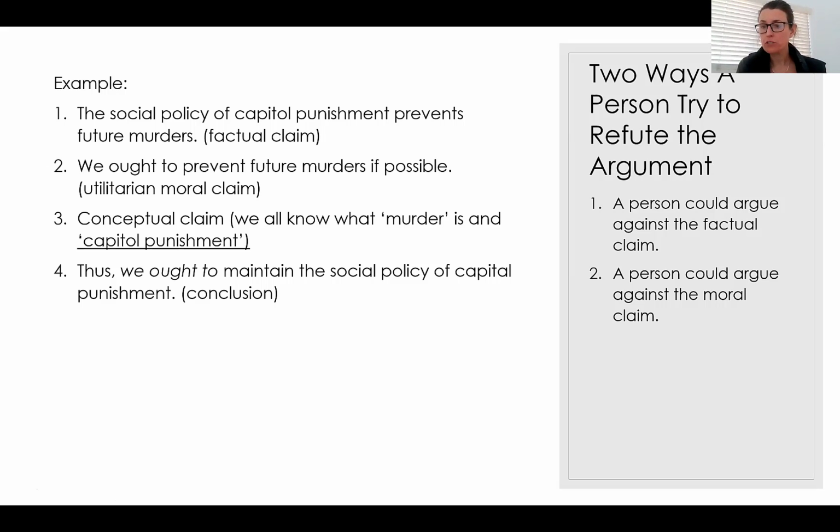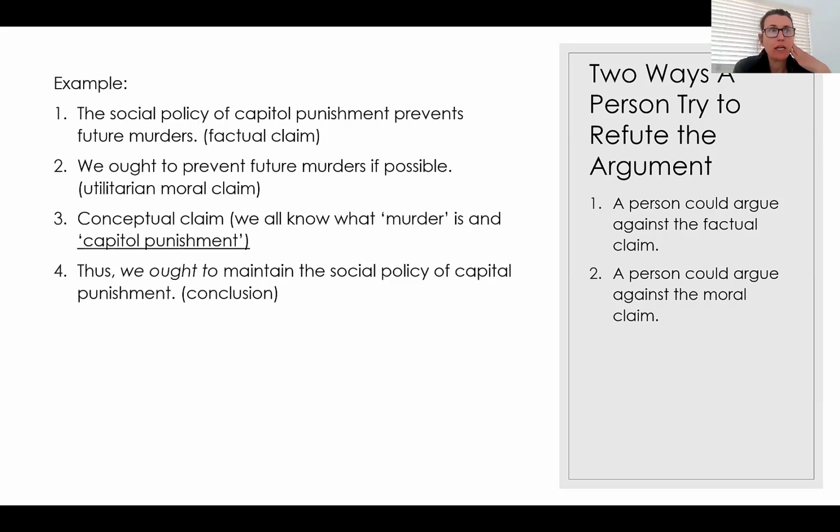Number 2, the person could argue against the moral claim. So suppose they say, yeah, I agree. I see the data, capital punishment does prevent future murders, but I reject the utilitarian claim. So they would say something like this. So someone would say, I accept 1, but I reject 2. Why? Because